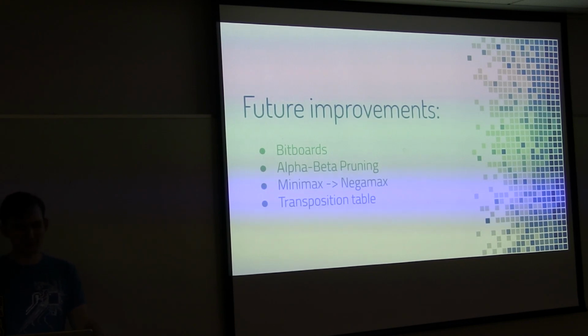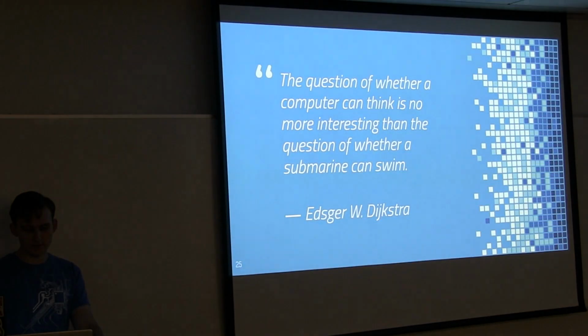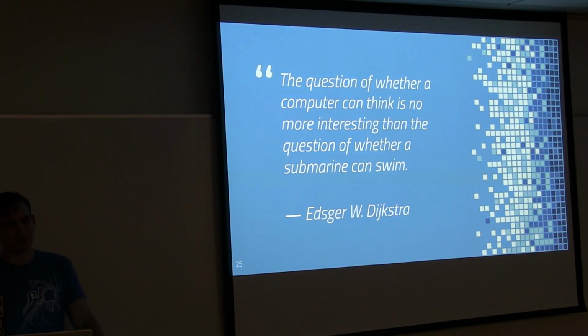One more thing, transposition table, which I mentioned a little earlier, where you store positions and you just have an O(1) lookup next time you see the same position in your search. I'm not sure that was really a problem here, but now this quote is meant to be a little facetious because our AI was not very intelligent at all. But perhaps it was still genuine thought. Who knows? Dijkstra is a smart guy.